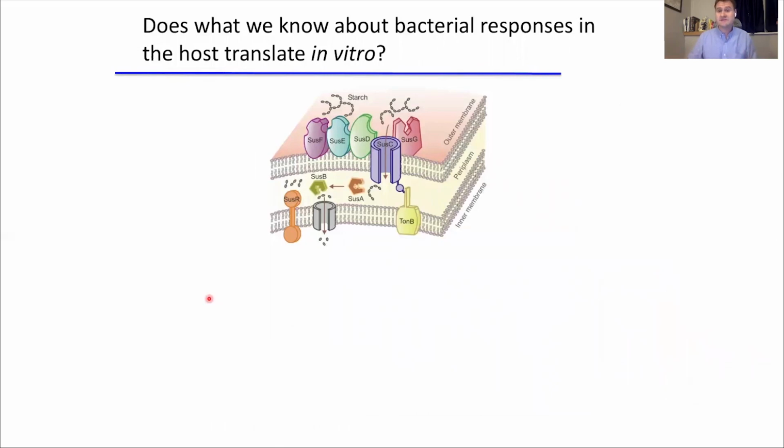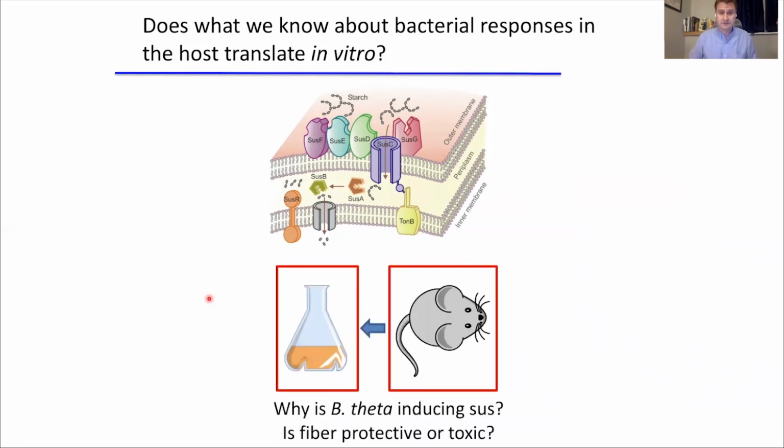B theta, in many ways, I like to think of as a spider. It does a lot of its digestion extracellularly. It digests long polysaccharides outside of the cell and then imports smaller subunits for fermentation. We found that the whole sus operon, this extracellular enzymatic complex, was upregulated in response to amoxicillin. So the question is, why is B theta doing this? Can we utilize the mouse data to motivate some in vitro experiments?